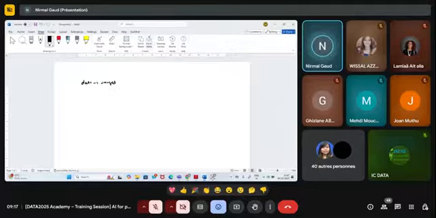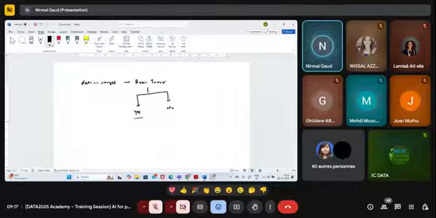So if you are working on a problem statement, let us say brain tumor detection. If you are working on this project, you are having 2 folders. One is yes, another is no. In these 2 folders, you are having images. These are tumor images, these are non-tumor images.